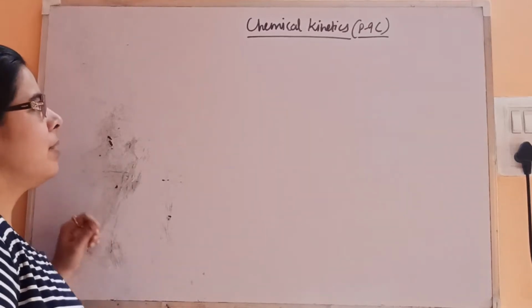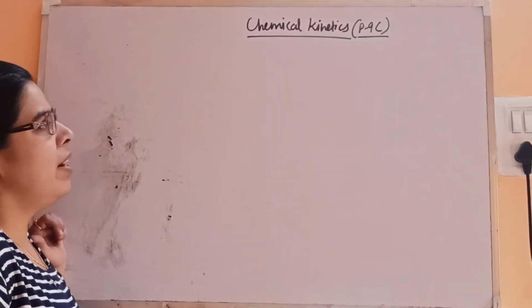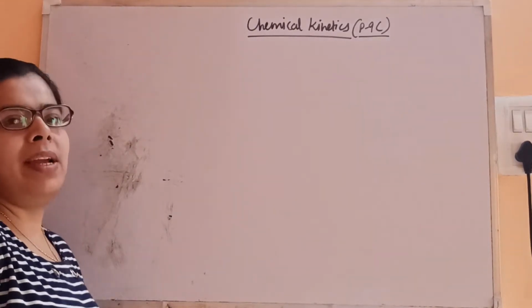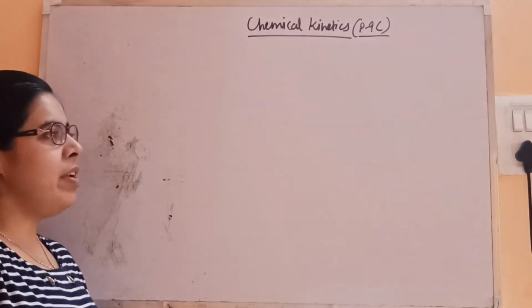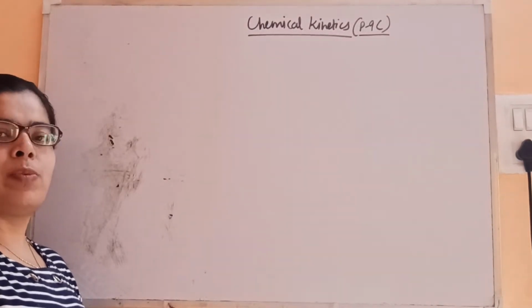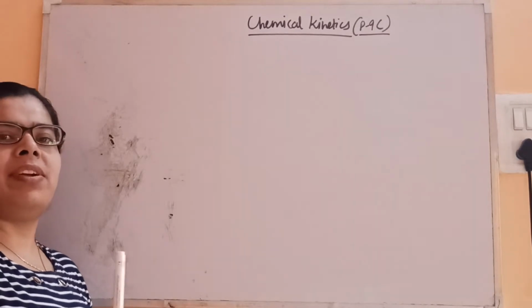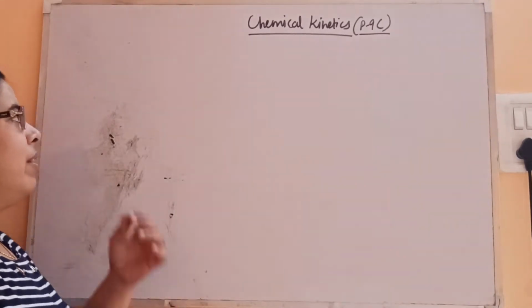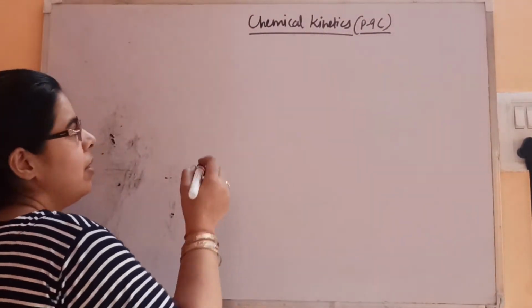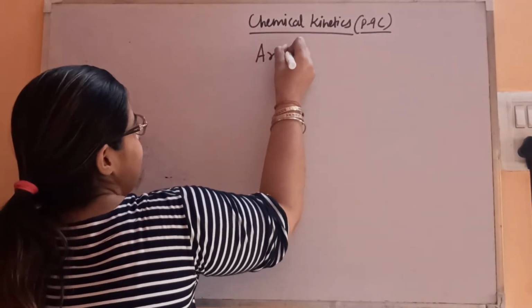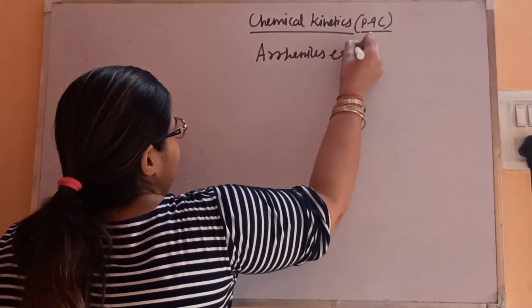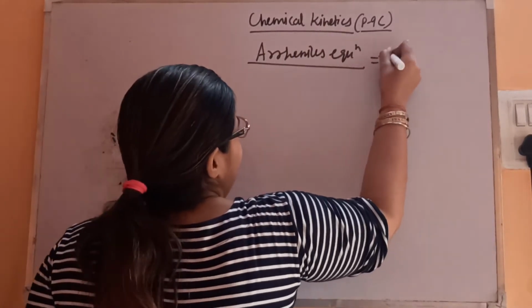Students, welcome back. So we were discussing the rate of reaction, like how it is affected by the temperature. Fine. So we have seen different aspects of that. First we have seen the most probable kinetic energy, and then we have seen what is activation energy. Now today we'll talk about the mathematical aspect, that is the Arrhenius equation.